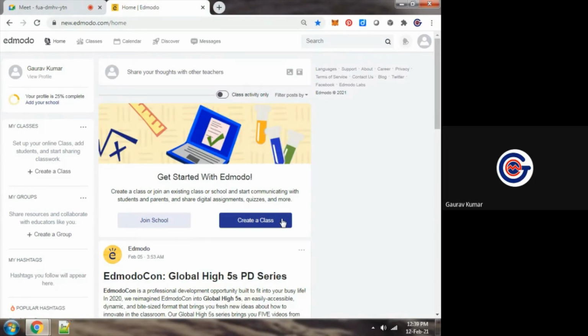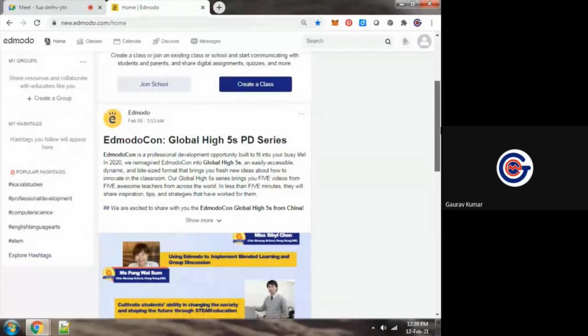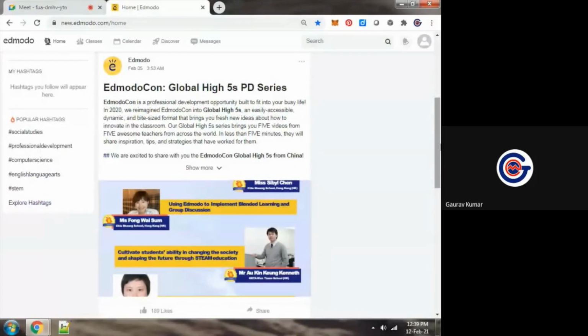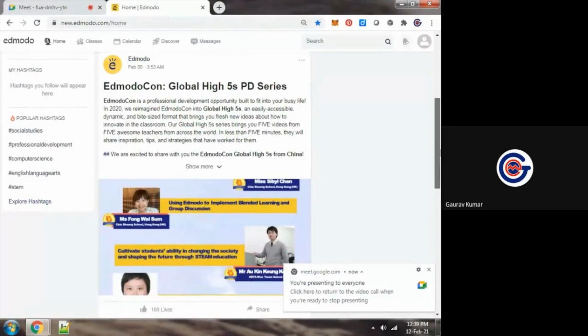In general, in most learning management systems, we have a teacher account and a student account. In Google Classroom, there is no parents account. There is no account for guardians. In the case of Moodle also, a parents account is not available by default. Using the Edmodo platform, we can integrate a parents account so that they can check the activities of students, and the activities of that particular class.